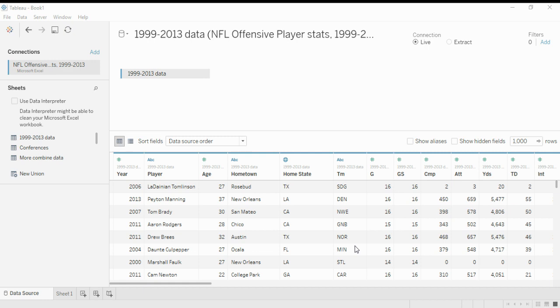So, we use the NFL NCPS chats Microsoft Excel file, which is imported to Tableau using the Microsoft Excel option, and we'll be using this data to make our visualization in Tableau. We go to sheet 1,